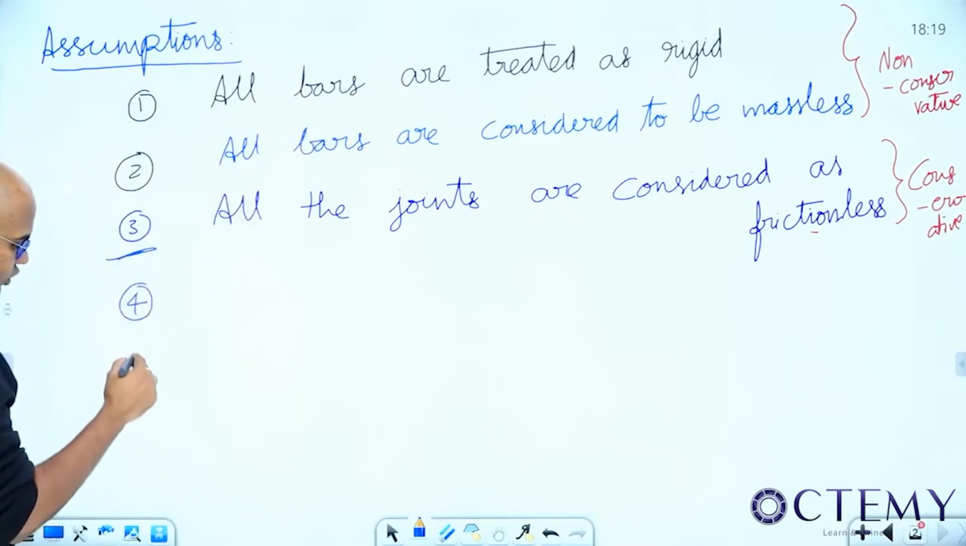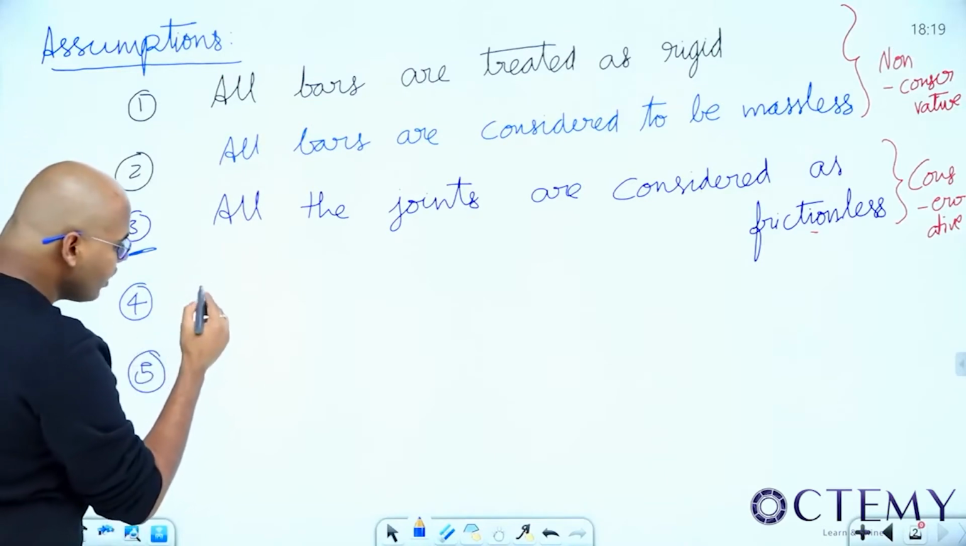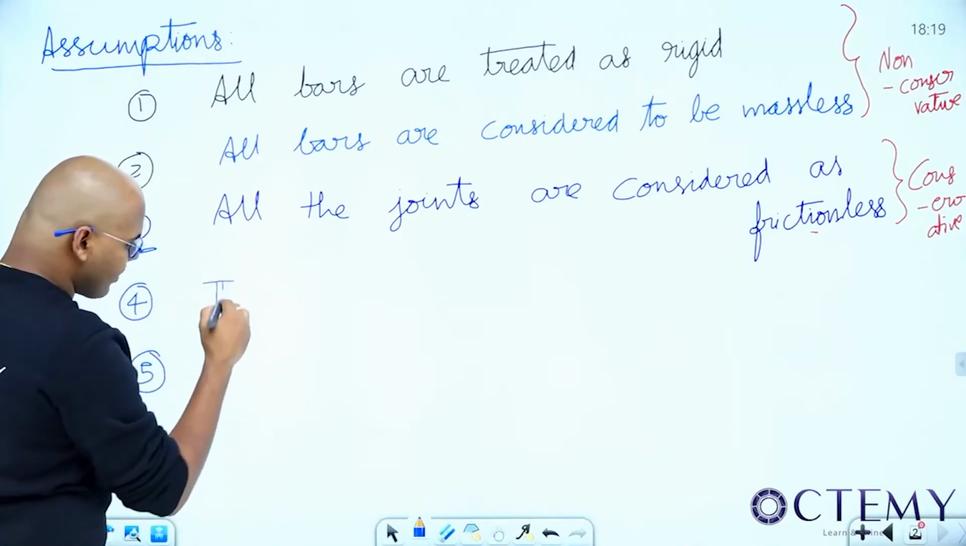Remaining two. I have two more. What are those two more? Next, fourth one. What's that? The loads are applied